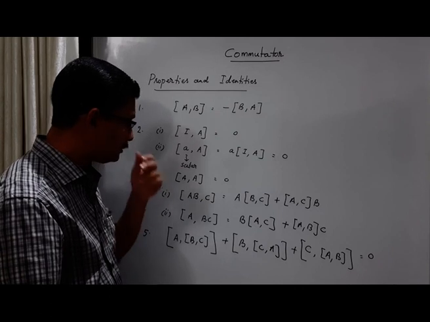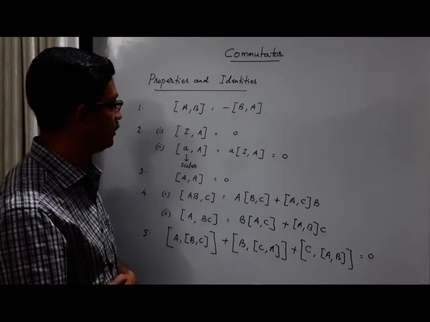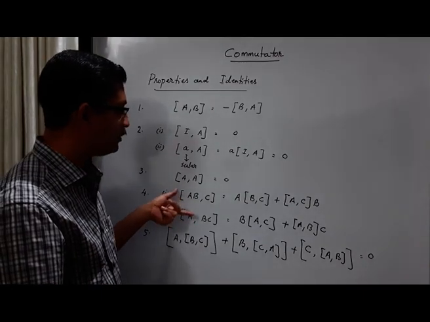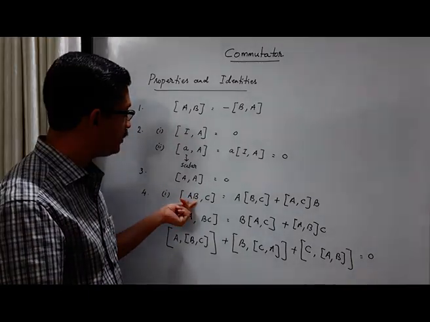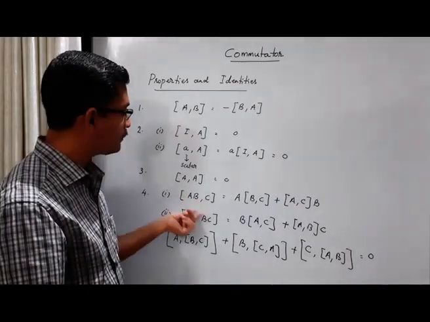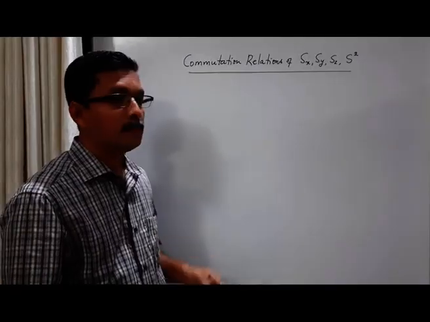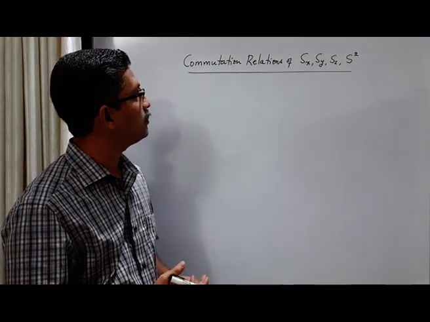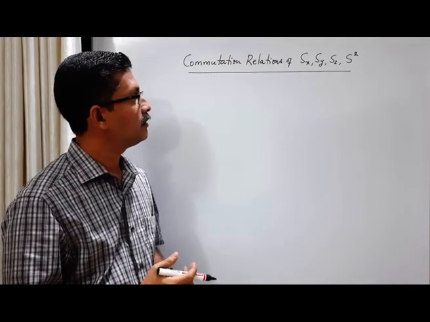So these are some results, properties and identities of the commutator. And here these two identities are very important. This may be useful for many calculations. In many situations, a product may appear in the first factor or in the second factor, where we can use this. Okay. Next, let us try to establish the commutation relations between Sx, Sy, Sz and